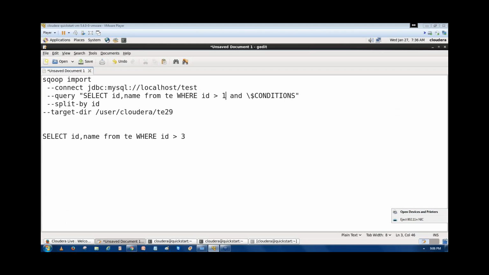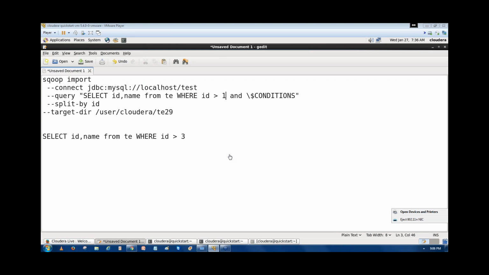A question that you will get: how to import the data from multiple tables? Suppose you have 2 tables in MySQL, and I have to import the data from the 2 tables to HDFS. How to write that query? Simple answer: we have to run the query based import. In the query, we have to write the join statement. We can also write a subquery or nested select statement. Whatever query is used to join the 2 tables in MySQL, we have to write that here, so that we can retrieve the rows from the 2 tables.